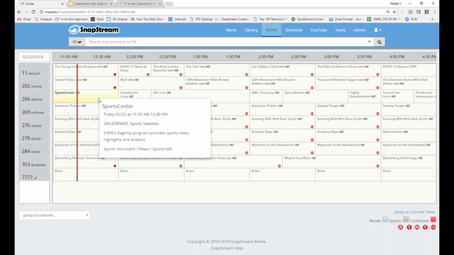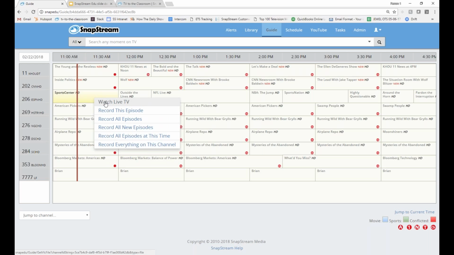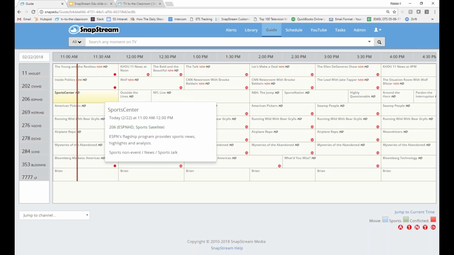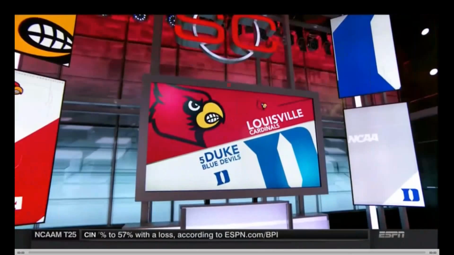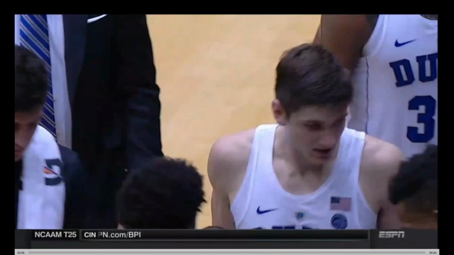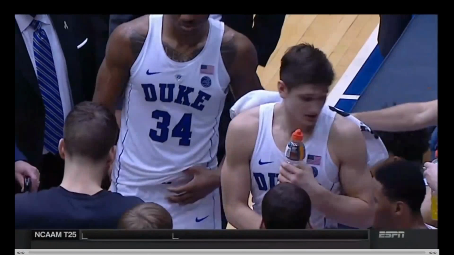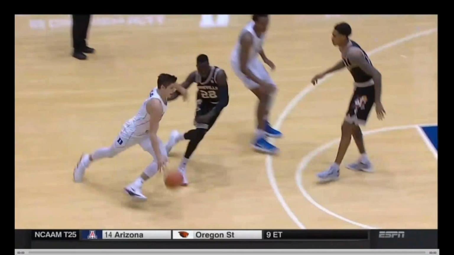So back to the guide here, I'm going to go ahead and jump into live programming. And I'm now watching live content on my device. And this is actually a multicast stream that is playing back through VLC Player.